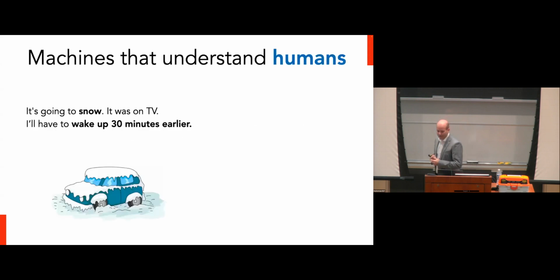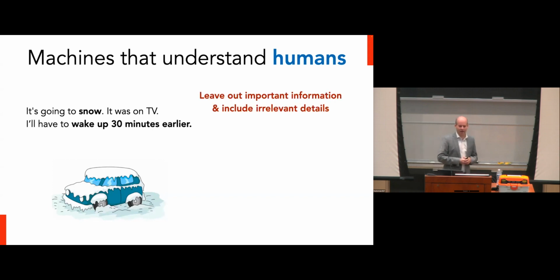So to give you an example that I've continually used over the last few years as to how a machine should be able to think about the situations that we present them with, if I give you these three sentences: it's going to snow, it was on TV, I'll have to wake up 30 minutes earlier, you can immediately recognize that this is a very limited narrative. And yet, despite that, most of you are going to be able to make these statements coherent with respect to one another. You're able to first recognize that a lot of information is missing in this narrative that would probably help to get a more complete understanding of what's going on. You're also going to have to potentially fill in a lot of gaps for those to make sense.